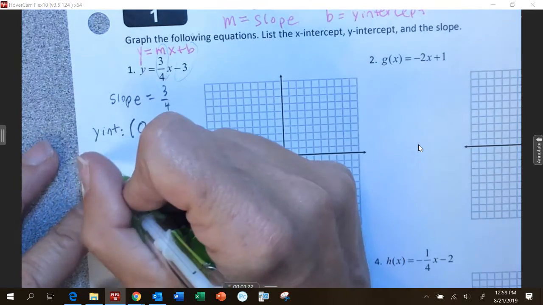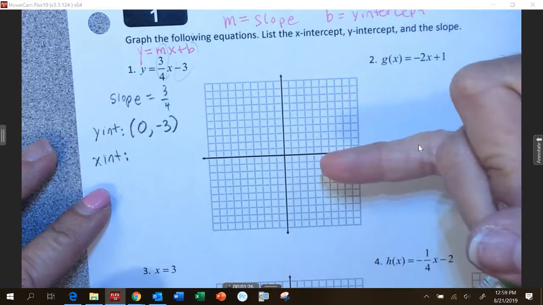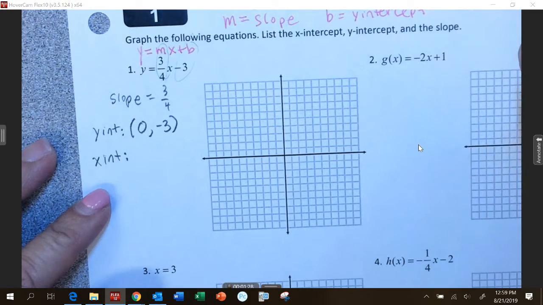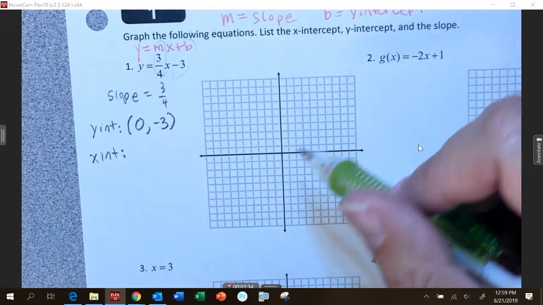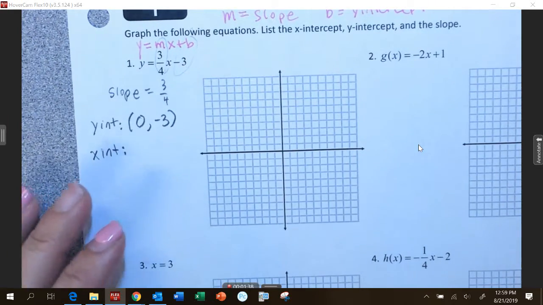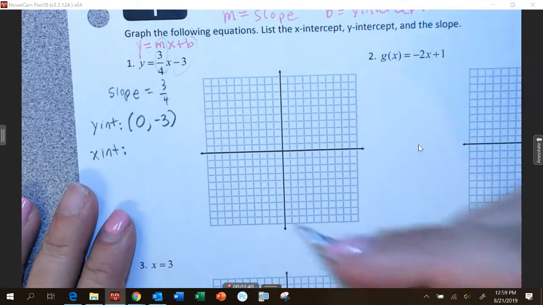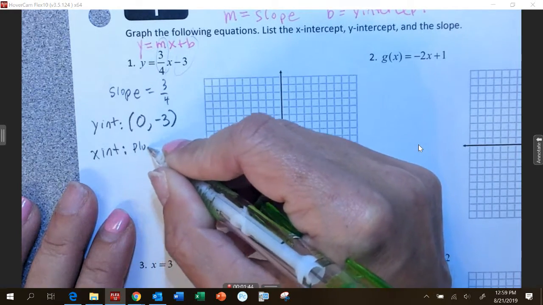And then we need to find our x-intercept, where I could look at the picture if it were graphed and figure it out, which I haven't graphed it yet. And sometimes it's going to not be at a very nice number, so I won't even be able to look at the picture and figure it out. So I'm going to give you a way that always, always, always works. And you should have kind of reviewed this a little bit in your assignment yesterday. What you're going to do is you're going to plug in